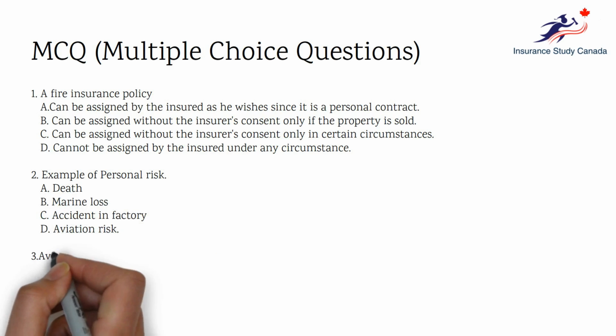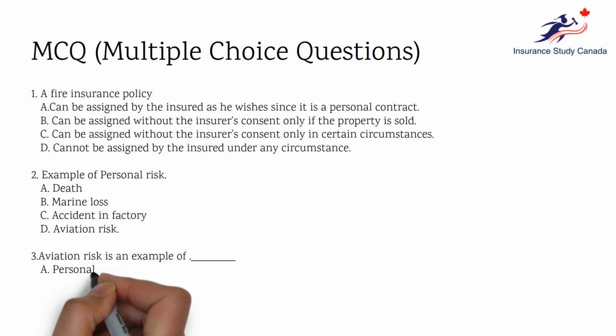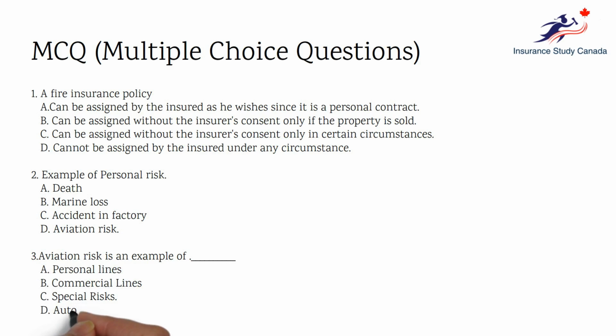Second question: example of personal risks. Option A, death. B, marine losses. C, accident in factory. D, aviation risk. Our third question: aviation risk is an example of dash. Option A, personal line. B, commercial line. C, special risks, or option D,